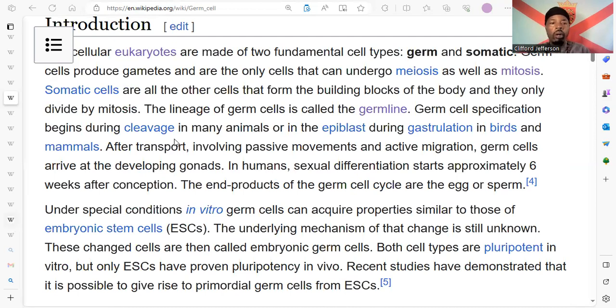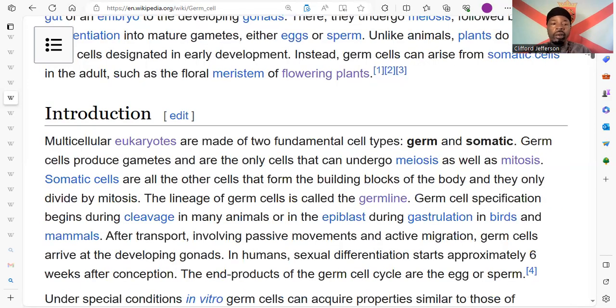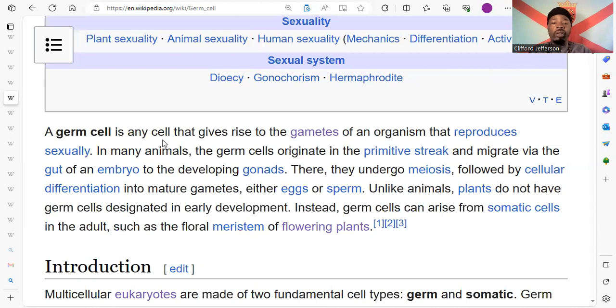Germ cell, germline. A germ cell is any cell that gives rise to gametes of organisms that reproduce sexually. In many animals, the germ cell originates in a primitive streak and migrates via the gut of the embryo,